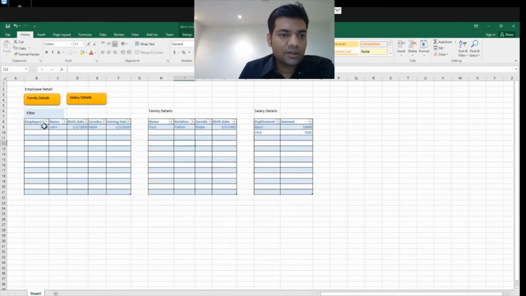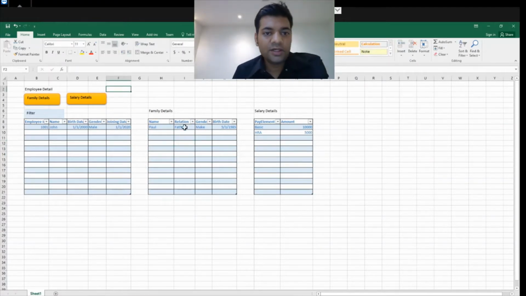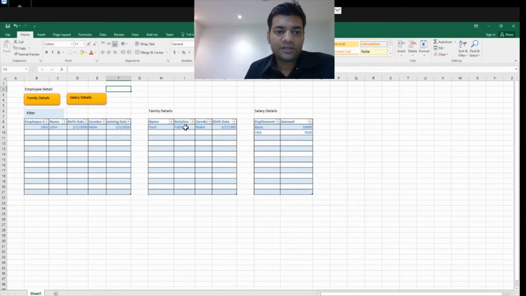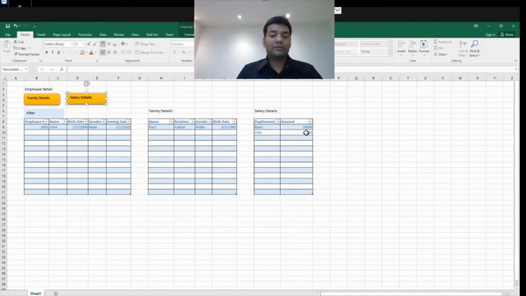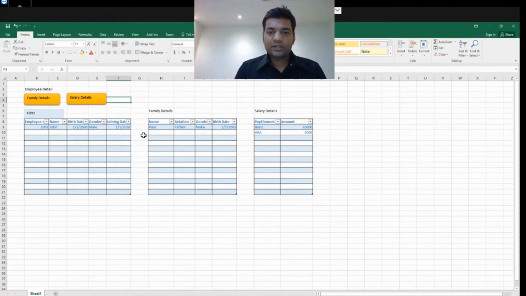In this form I want this grid layout, one filter, two buttons. If I click on the family detail button, my requirement is to open this family detail form where I should be able to capture the family information against that employee. Similarly, I want one more button. If I click on salary, I should see the respective salary of that employee. So here the relation concept will come. We will see the practical implementation of the relations we already created between these tables in our last video. So let's see in the system how we can design these forms.